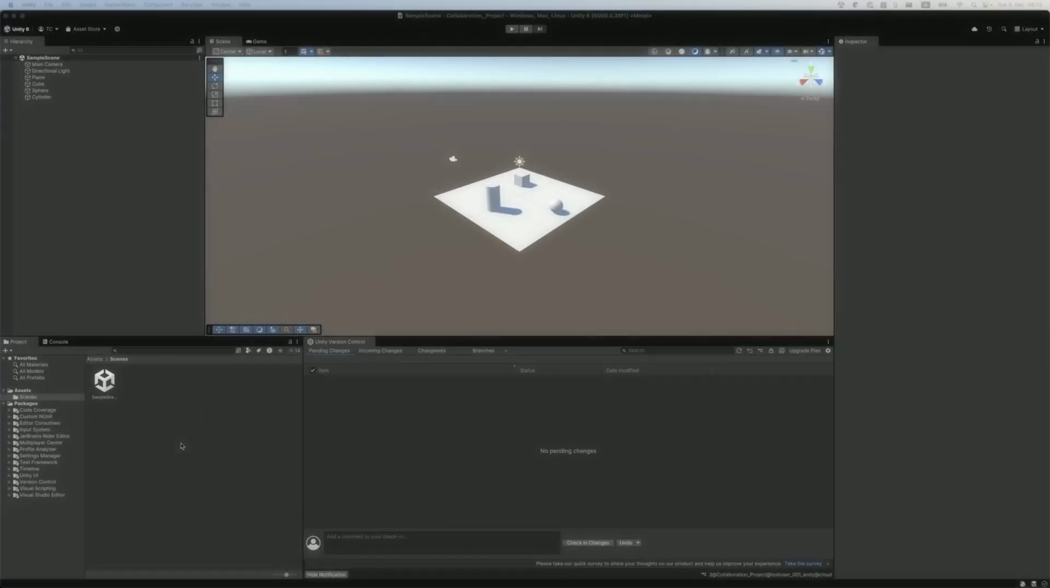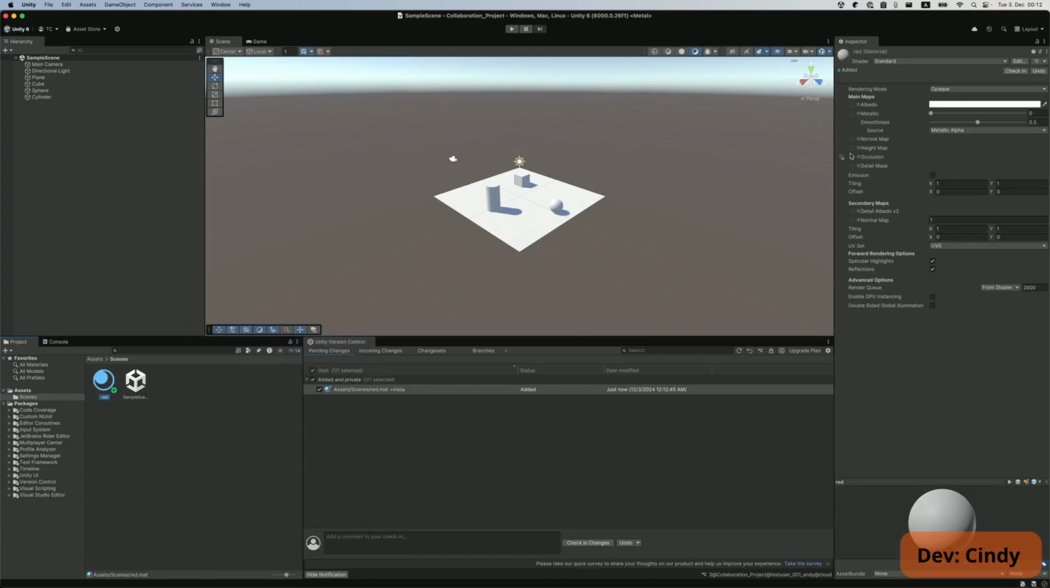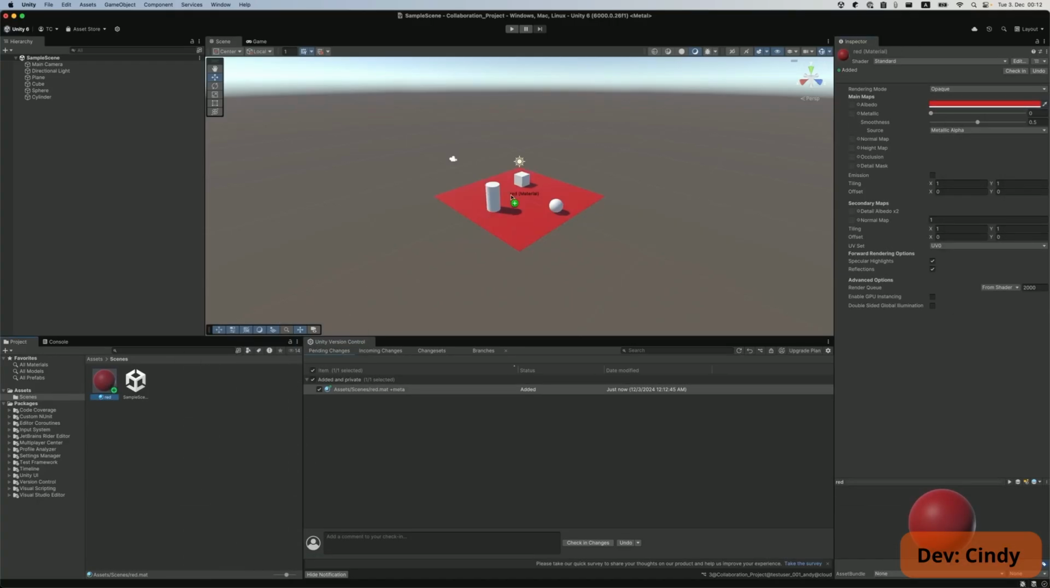Let's make a first contribution with Cindy. Cindy's first change will be very simple. She wants to add a color to the cube object. So she quickly creates a new material, adds it to the cube,